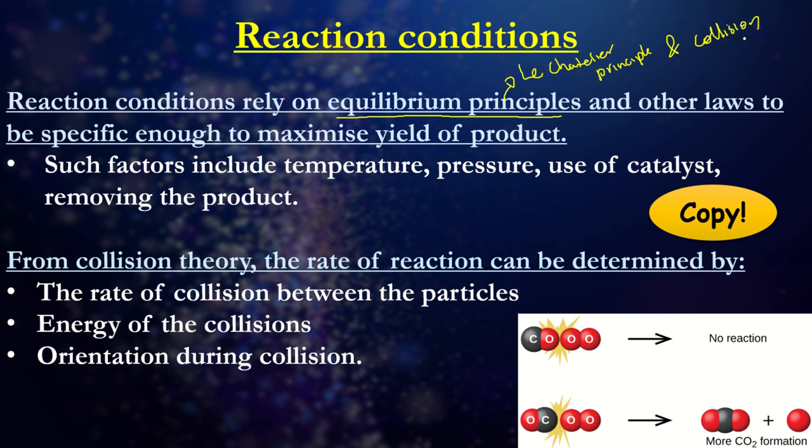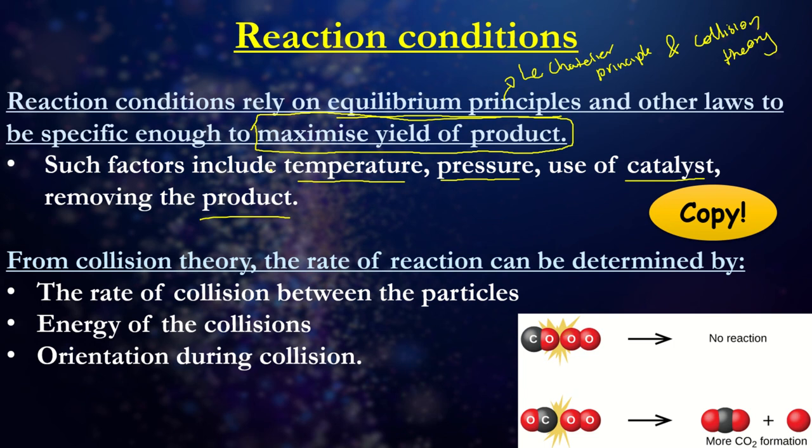So we're looking into these ideas to help increase the production rate of a desired product. These factors could include manipulating temperature, pressure, using a catalyst, maybe removing the product, maybe changing the volume of the reaction vessel. There are multiple ways of considering it, but each way the main goal is to maximize the yield